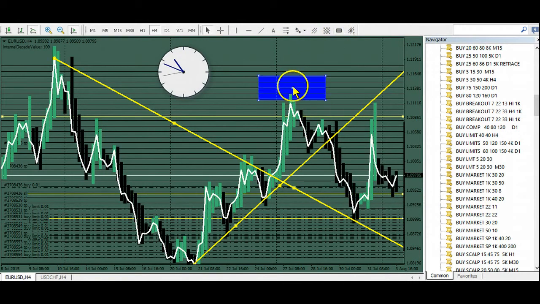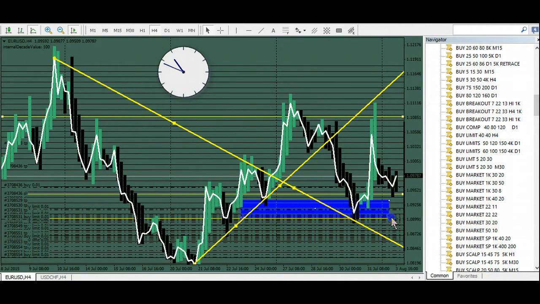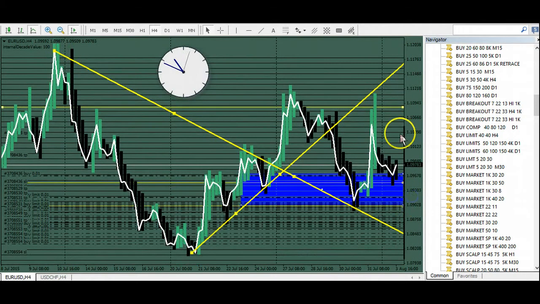There you go, blue. So that's going to be your, you figure this big vault down here was the house cleaning zone, right? And they had to come down and grab that before Friday's rally, but then they tried to come down there again, but they only came in when they started taking out these stops. But anyways, that's the